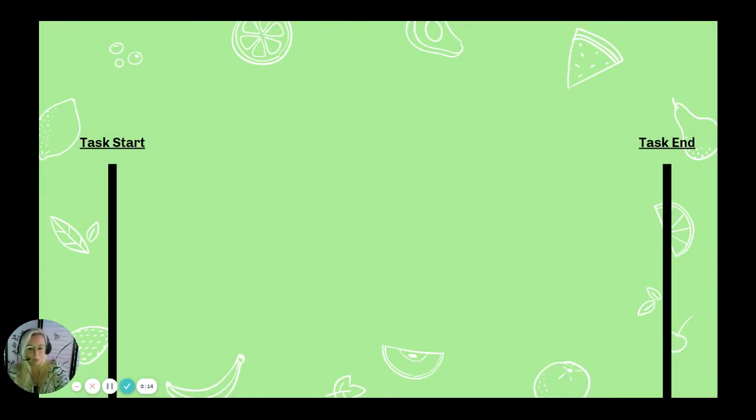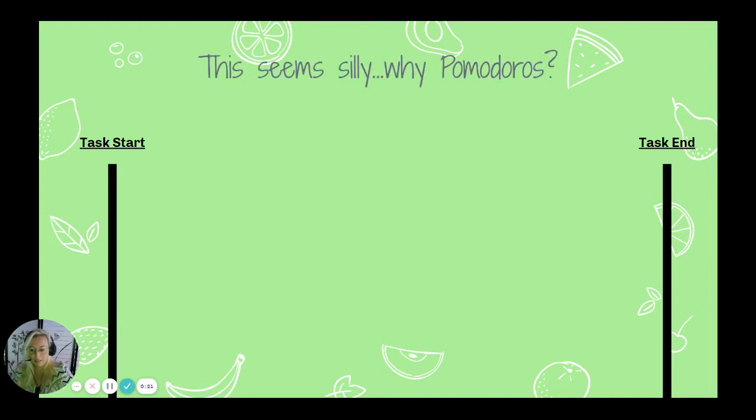So, before we get into what the technique is, it's important to talk about the concept of the flow state and why Pomodoros. Pomodoro is a type of tomato, as you probably saw on the other slide. And it's basically a way that you make time as an abstract concept into a physical concept, and you reward yourself with Pomodoros as a way to say, I did this successfully. And it's meant to encourage the flow state.